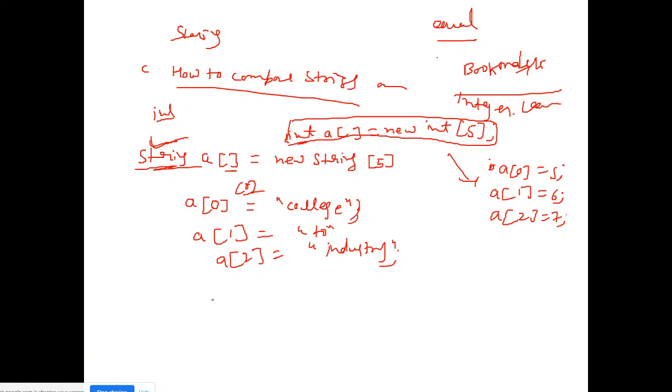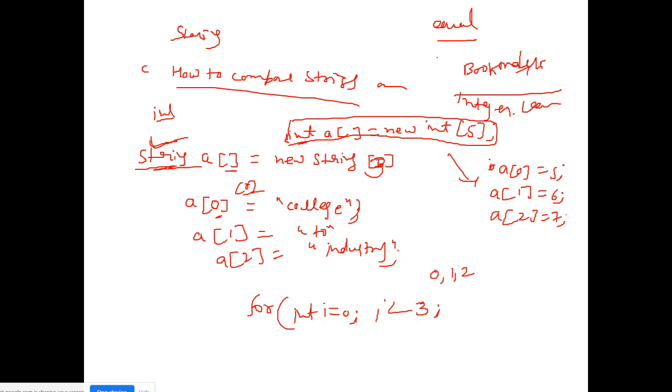So suppose I want to print that. How can we do that? Simply I will first run a loop: int i is equal to 0, i is less than 3. Why less than 3? Just because it's starting from 0, so it will run 0, 1, 2, three times.